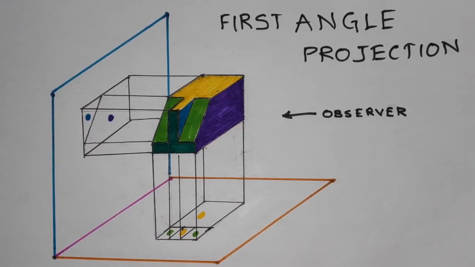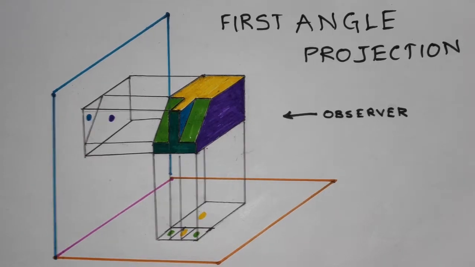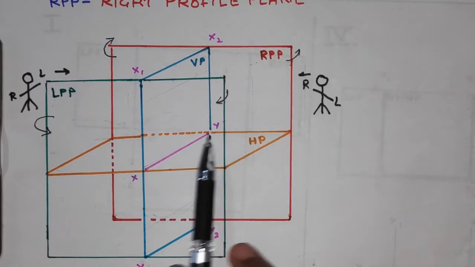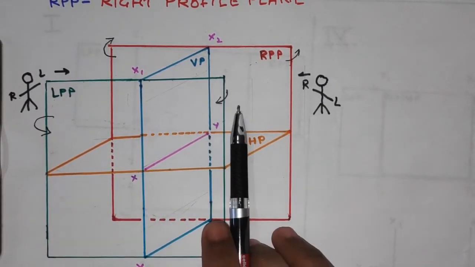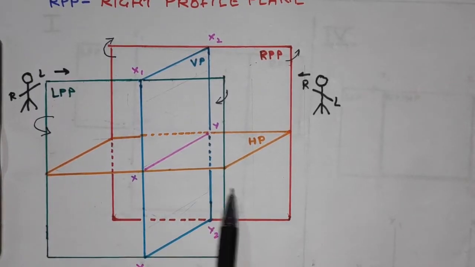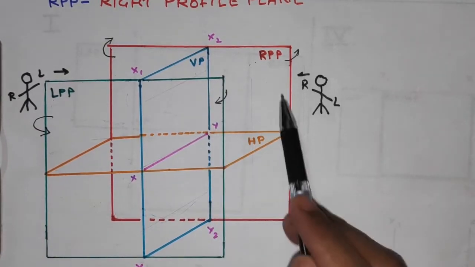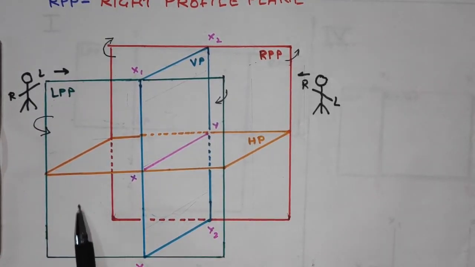Welcome to lecture number 12 on first angle and third angle projection. Before we see the first angle and third angle projection, let us brush up on our quadrant system. Here we have already seen in the quadrant system the vertical plane and the horizontal plane. This divides the three-dimensional space into the first, second, third and fourth quadrant. For the first angle projection, we'll be focusing mainly on the first quadrant, and for the third angle projection, we'll be focusing mainly on the third quadrant.